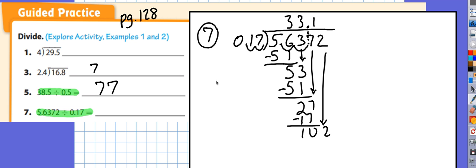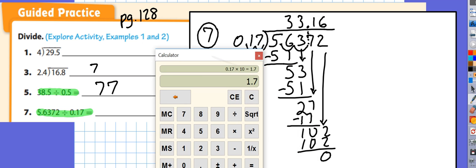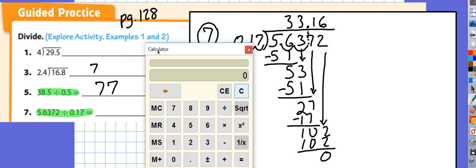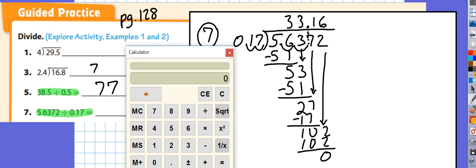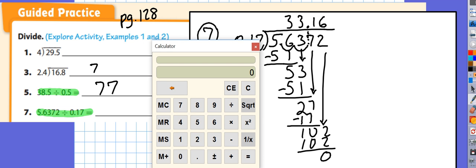17 goes into 102 6 times. 6 times 17 is 102. No remainder, which means I'm done. And like before, I'm going to punch in the problem to my calculator, but I'm going to punch in the problem that I solved originally, not the one after I move the decimals. So I'm going to punch in